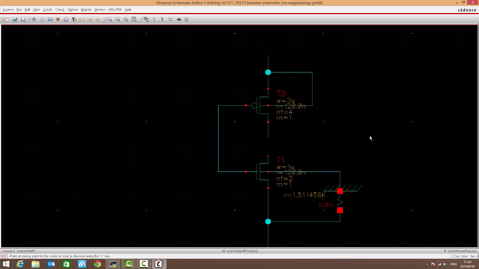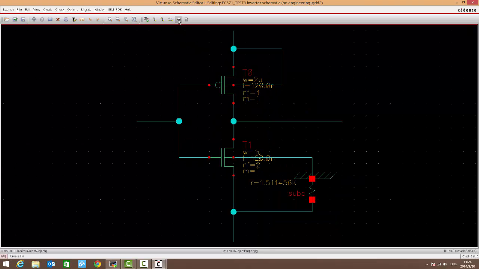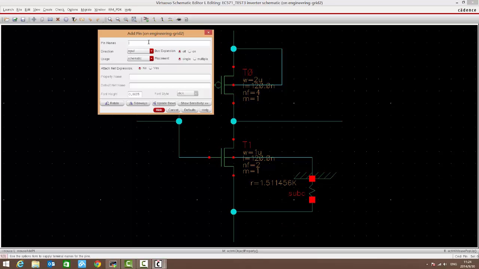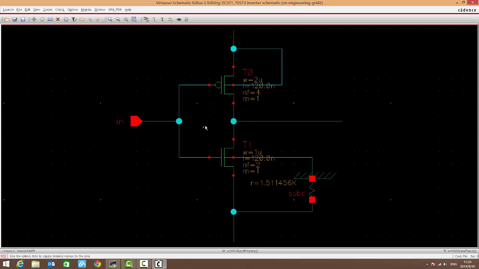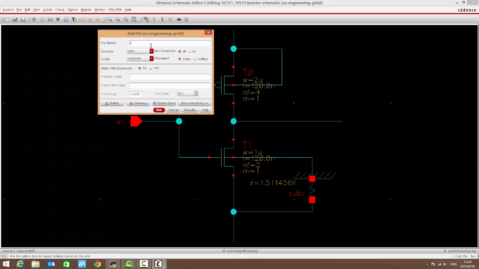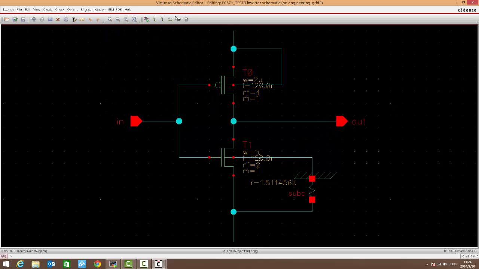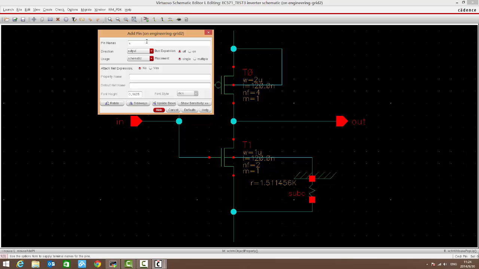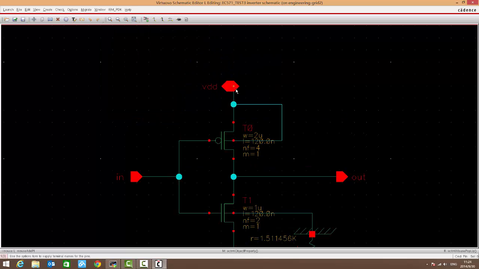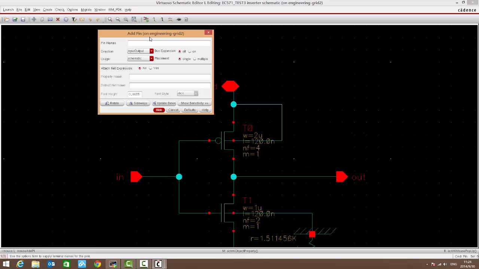But we're not going to put the VDD and ground here, because we're going to create a symbol. This is create pin, and we're going to click that. For the input, we're going to say in, keep the direction as input, hide it. So this is the pin. Say out, direction output, hide it, put it here. For VDD, you can say input output. For ground,